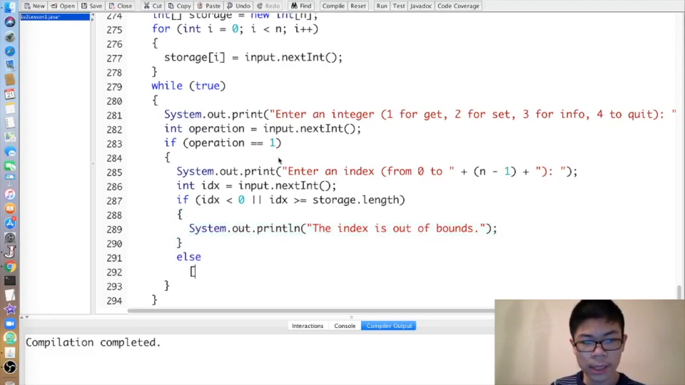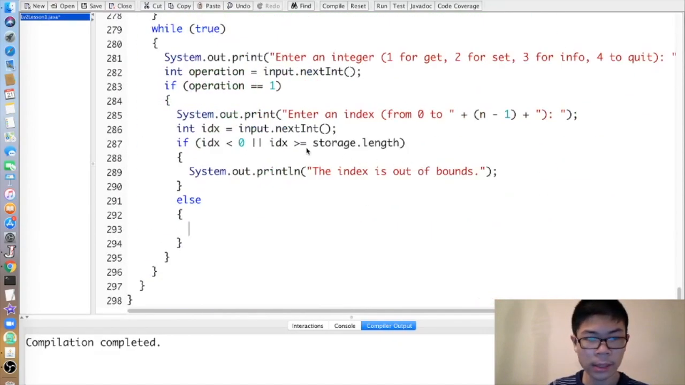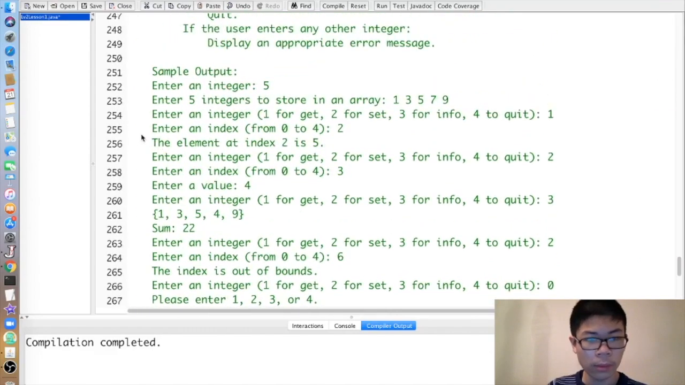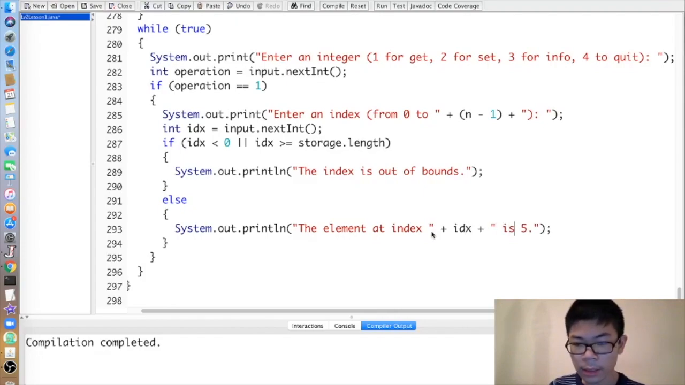And now otherwise the index is within bounds, so therefore we have to do the following. Print the element at the index the user enters. So in this example, the element at index 2 is 5. So generally, System.out.println("The element at index " + index + " is " + storage[index]);